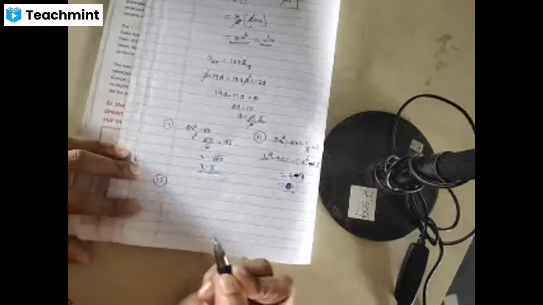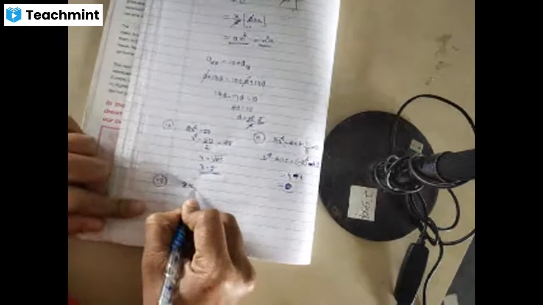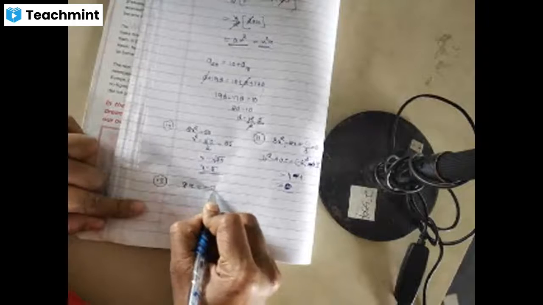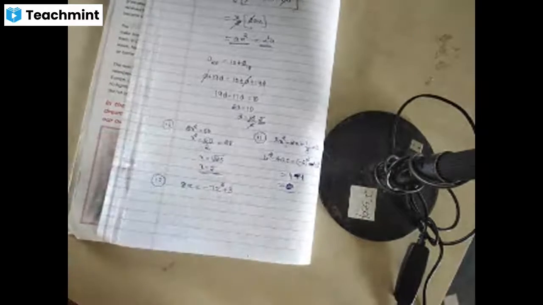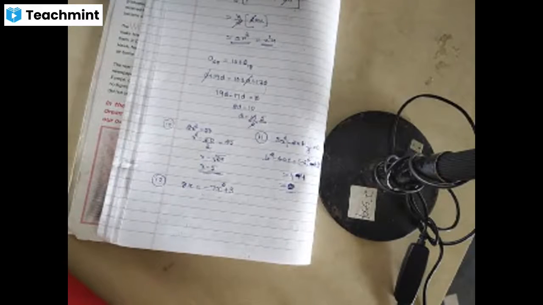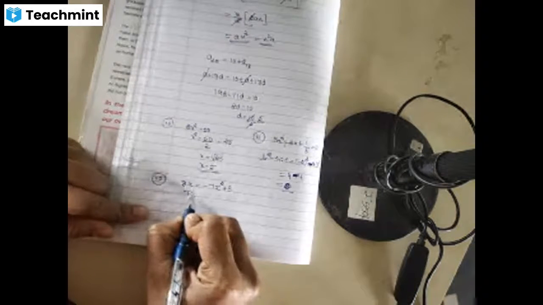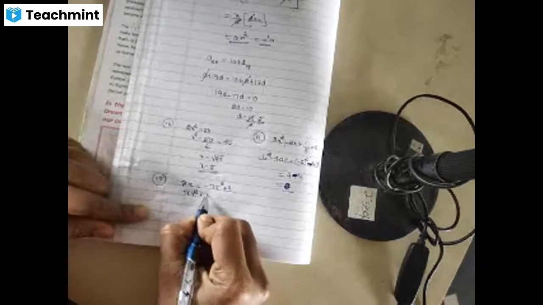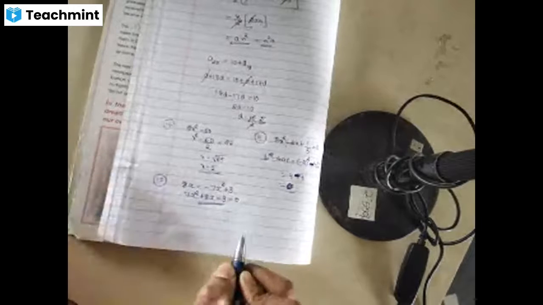12th one. A simple equation, you must write it in the standard form. Now tell me, anyone. 8x equal to minus 7x square plus 3. The question is this: the standard form of the equation is? Yes, anyone. 7x square plus 8x minus 3 equals 0. Very good. You take this side, power-wise you write 7x square here, plus 8x, this coming here, and becomes minus 3 is equal to 0. Quadratic equation.